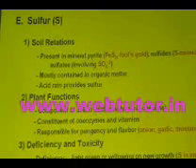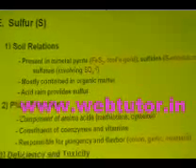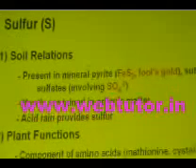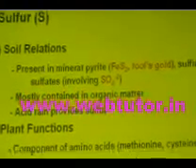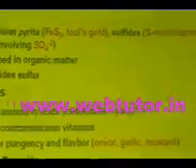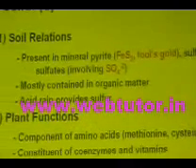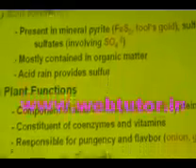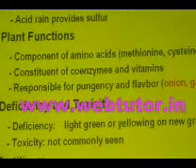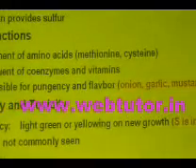Now, coming to sulfur. Sulfur is the major component of which kind of constituent of plant? Have you heard of something called an SS bond, sulfur bridge? Essential amino acid,